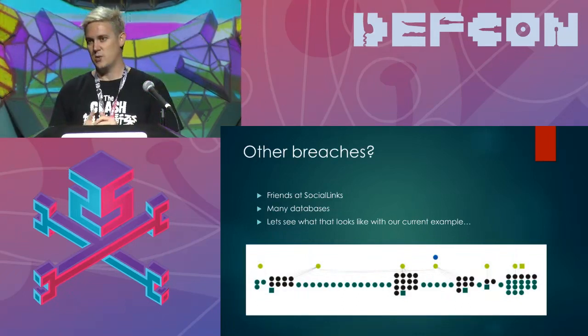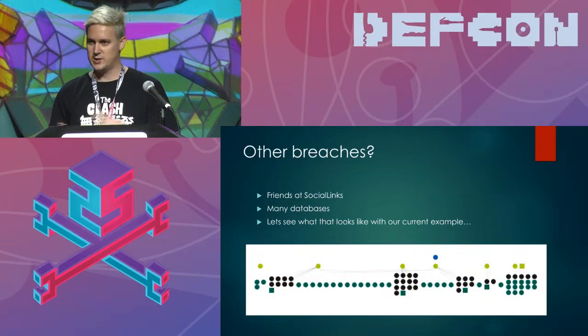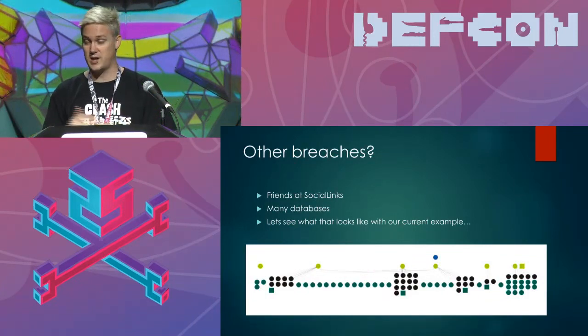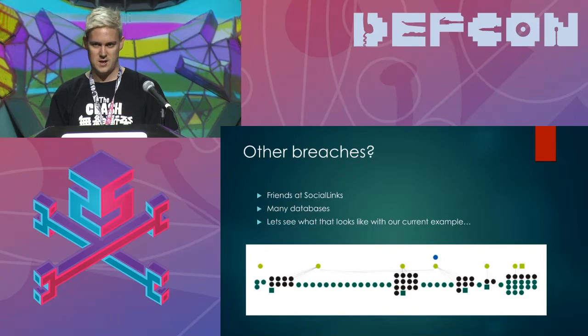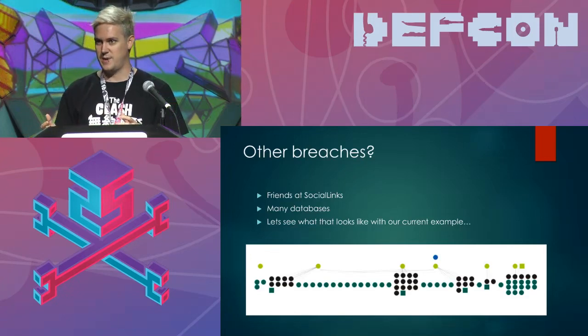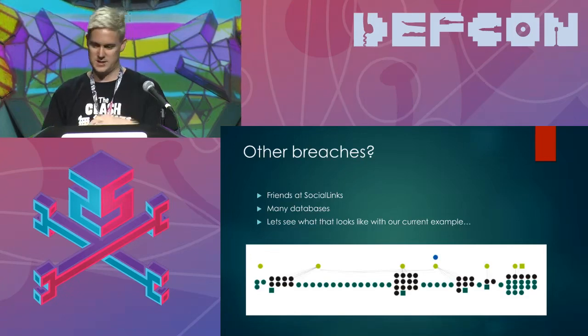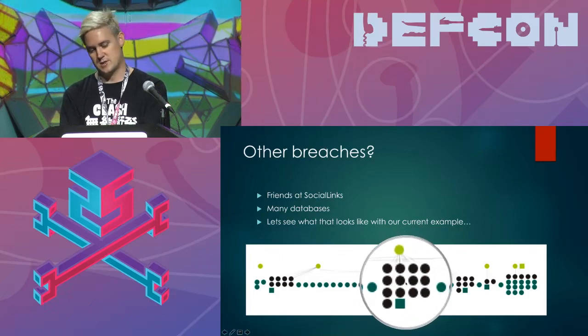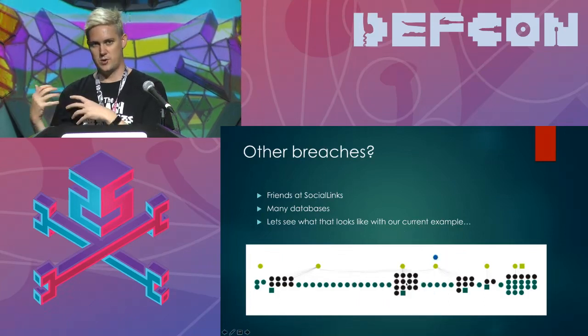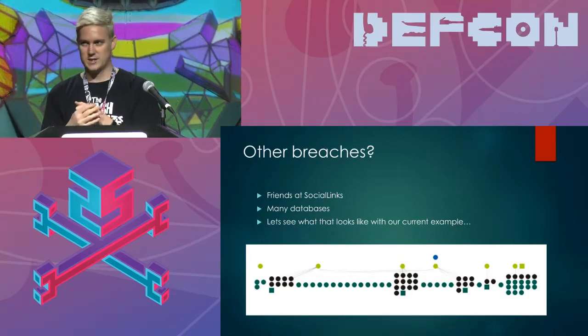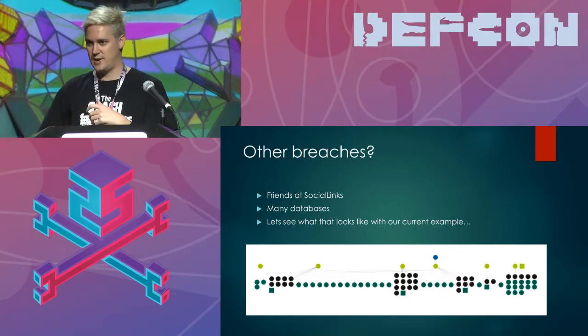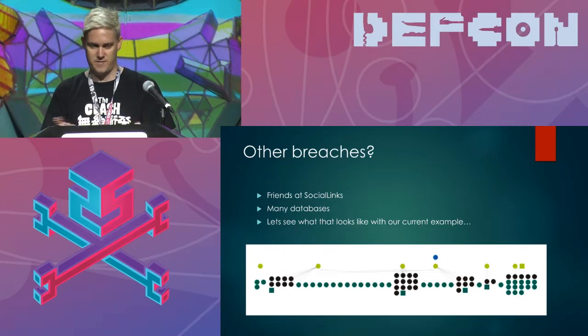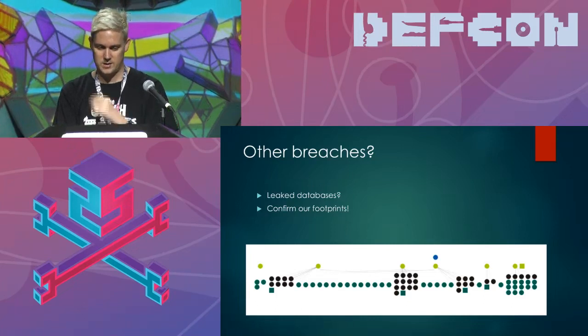Then the other thing is that we have some friends at Social Links, and we told them about this idea, and they said, hey, they've got tons of breaches, or they can find it, and they can get us other information about this. So instead of saying we just looked at Ashley Madison, they said, well, they've got hundreds of them, let's go and use those. And when you do that, I'm just going to show you the graph at the bottom here. You'll see that here's all the different accounts, and obviously those are people who don't register from their work account. So then I can target these individuals outside of when they're at the CIA, right? Because at the CIA, they probably have decent security, but who knows what it's like at home or other things that I can find.